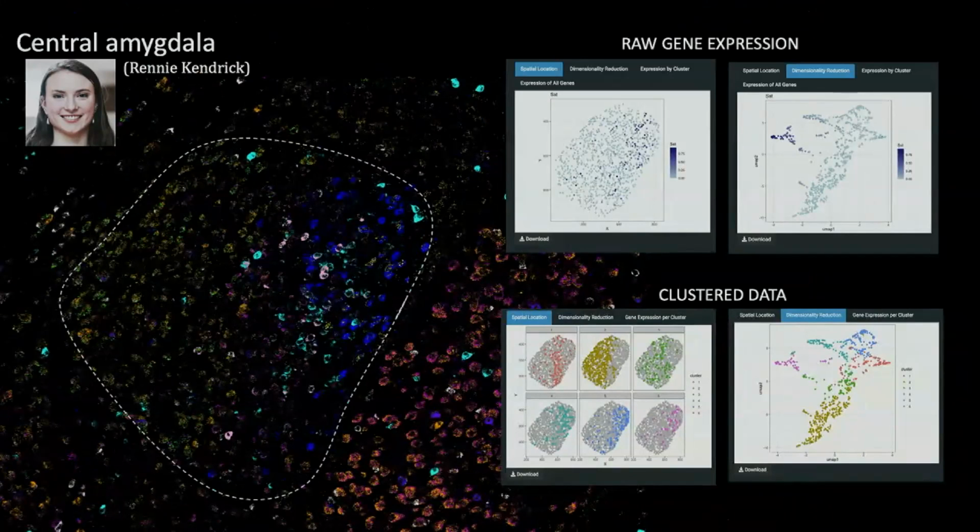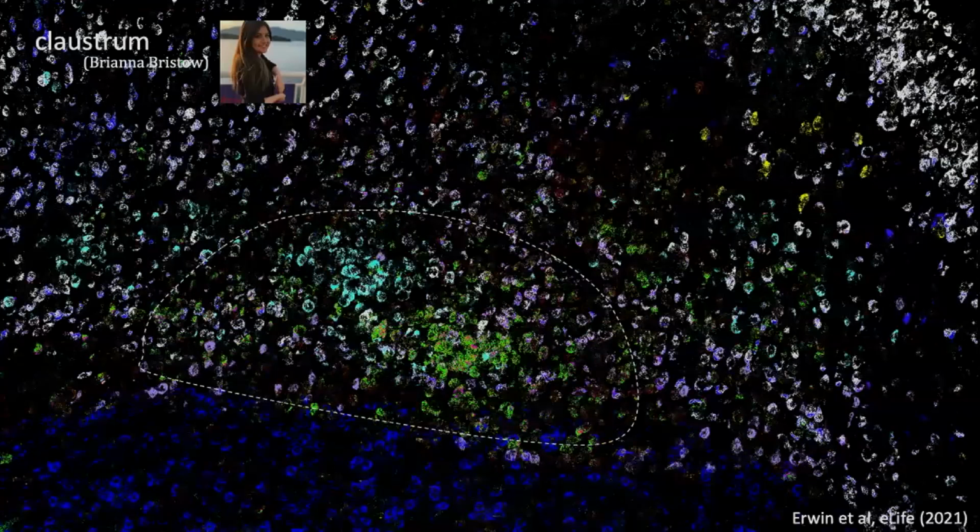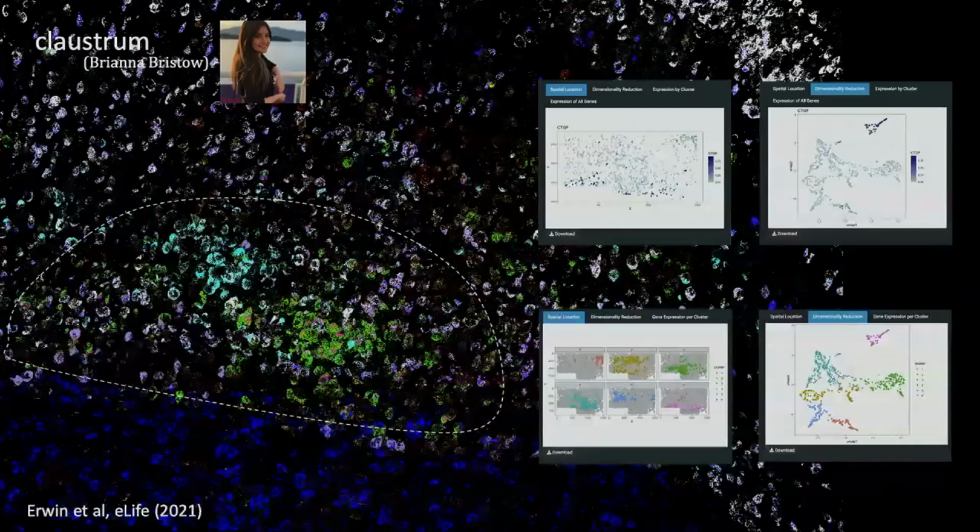Also, another recently published data set in the Colloquium done by Brianna Bristow. Here's what comes out of the Fiji drop-down menu. And then this is what happens when you run it through the Shiny app. And also recently,